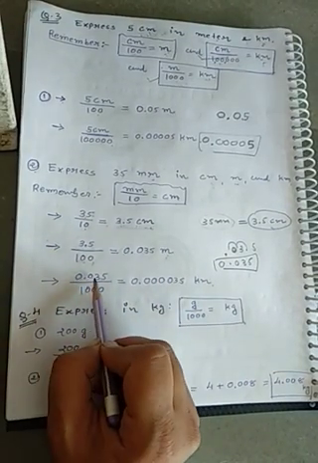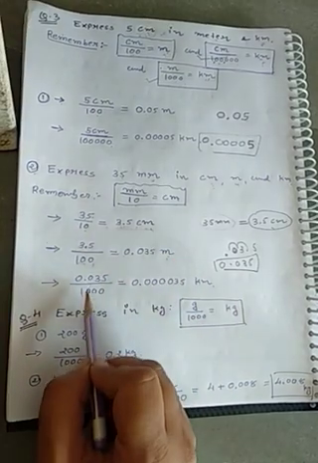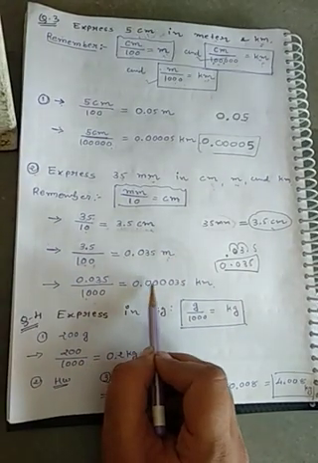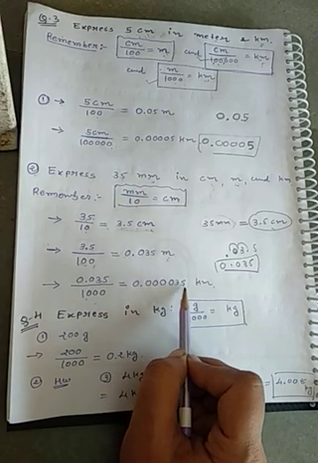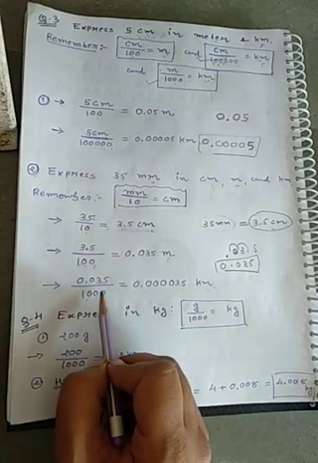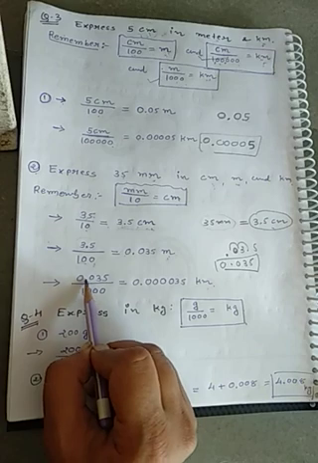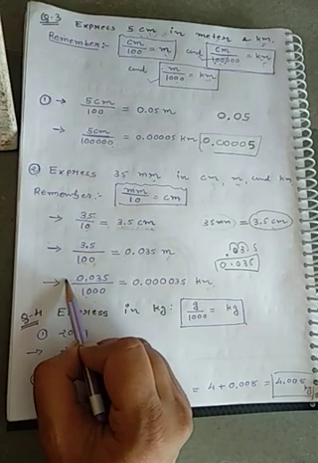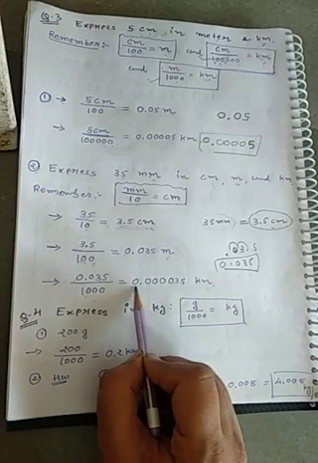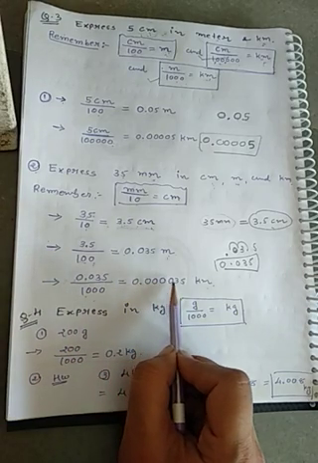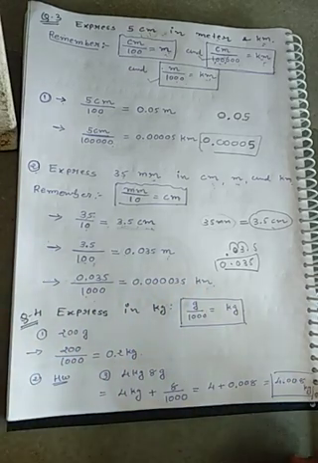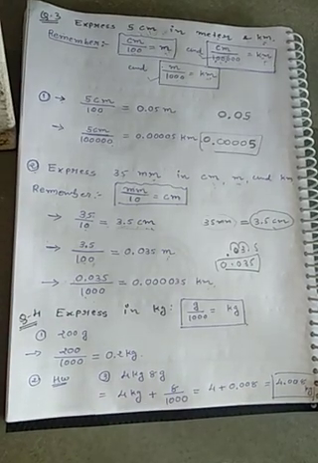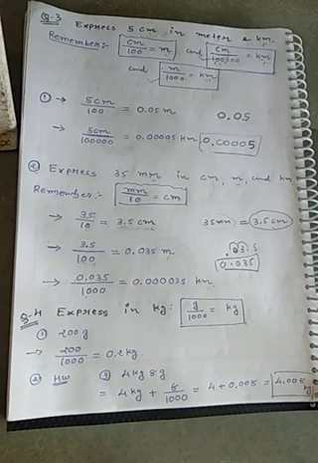So whatever meter we have, divide it by 1000. So 0.035 meter divided by 1000 is equal to 0.00035 kilometer. Why? Because 3 zeros are there, so point will move 3 steps left side. So 1, 2 and 3. So you will get 0.00035 kilometer. Clear? Now question 3 over. Now we'll go to the next question, question number 4.